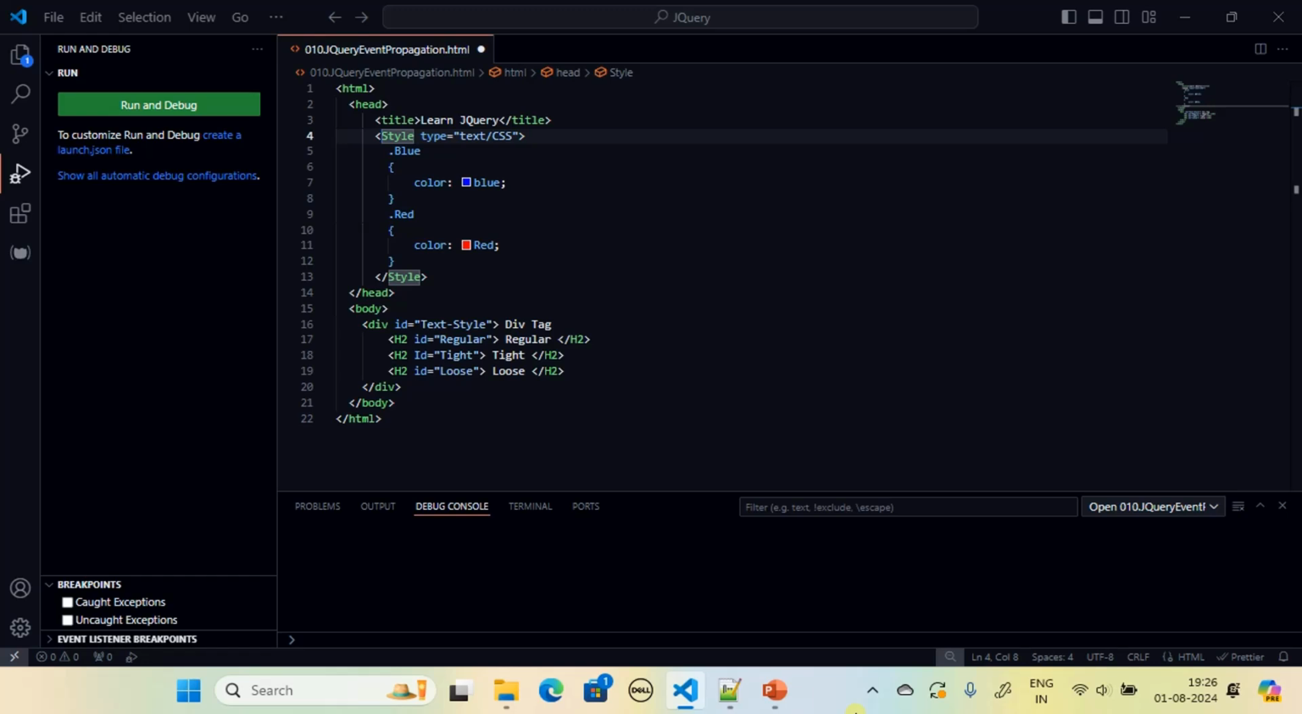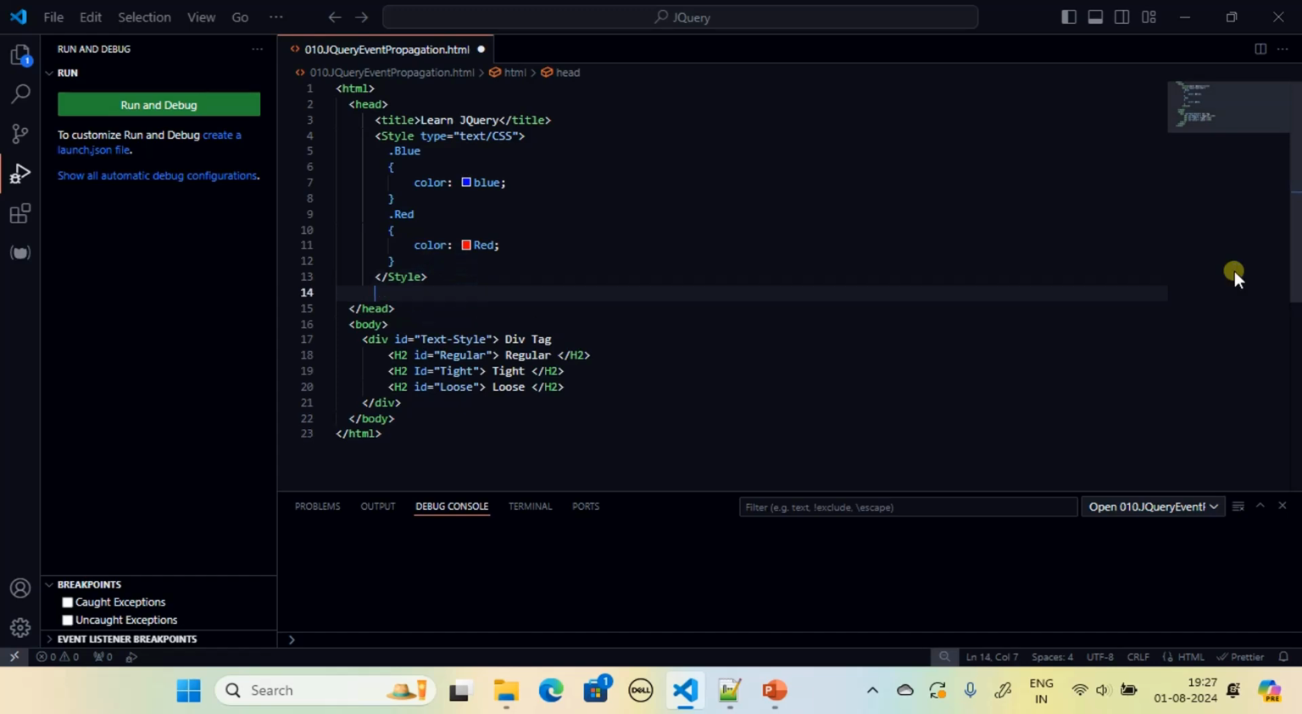When the blue rule is applied, the element forecolor will change to blue, and when it is red, the element foreground color will change to red. The next step is adding the